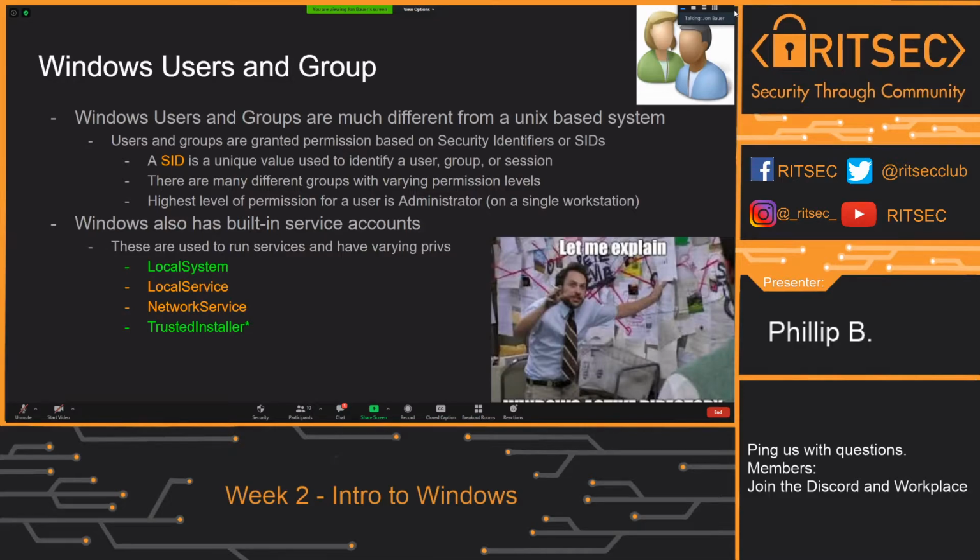It's to help build an isolation, like a sandbox, where these services can run and do what they need, but they're not accessing random things on the workstation or server.